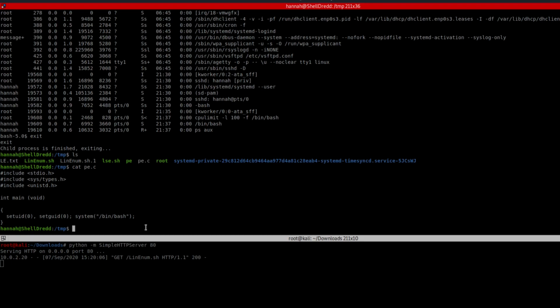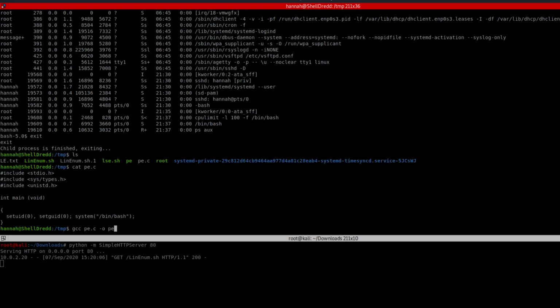I've actually compiled this. When you have a C program, you have to compile it using GCC. I'm going to give the command gcc, the C file, along with the -o switch and the file you want the compiled program to be put into.